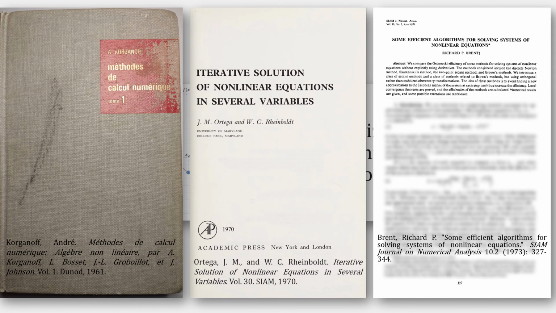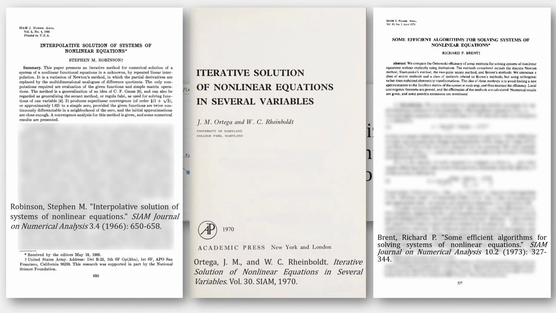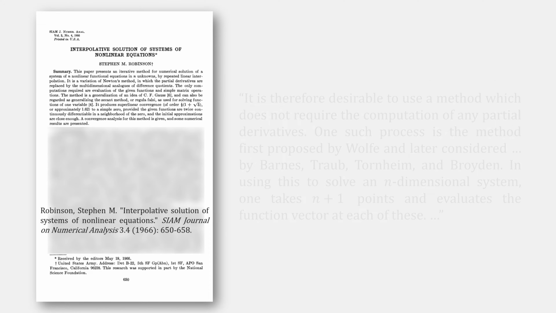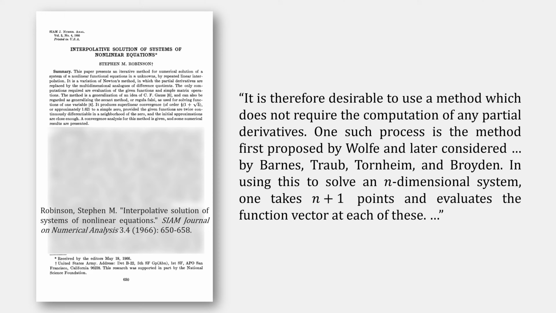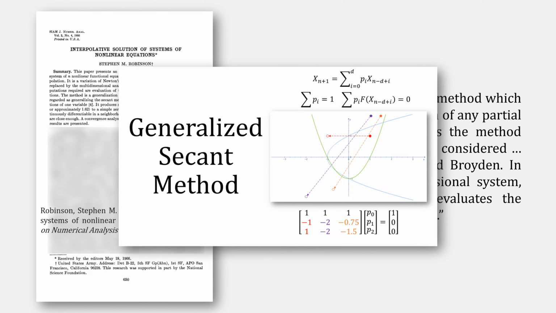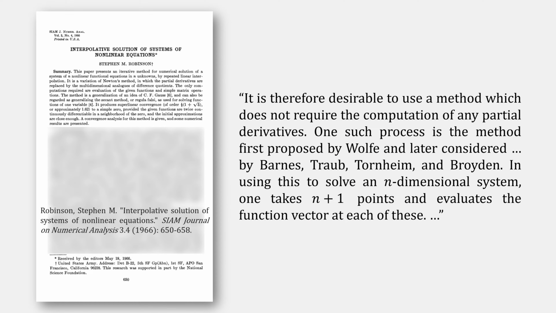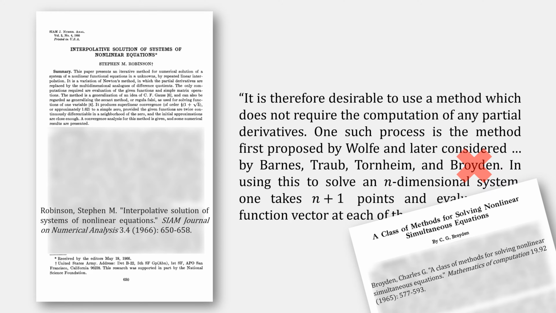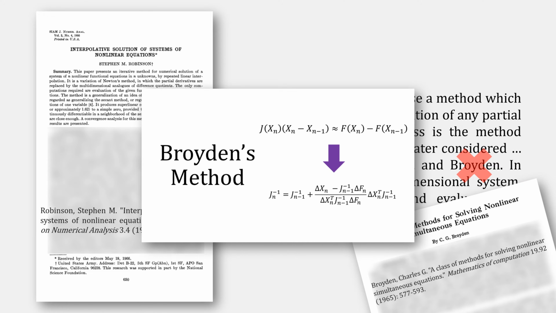Instead, I'm going to look at this paper by Robinson, which is also cited in both of these sources. Here's Robinson's approach. Firstly, he cites the Wolfe-Bittner method, covered in my earlier video. The trouble, though, is that he uses Broyden, which he shouldn't, specifically citing this paper, which is Broyden's method, and I covered that in another video.